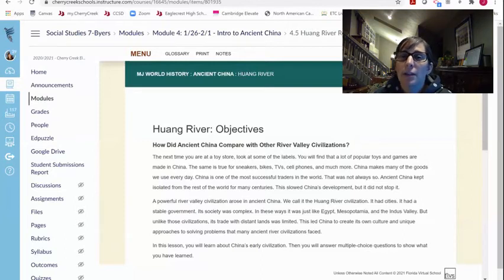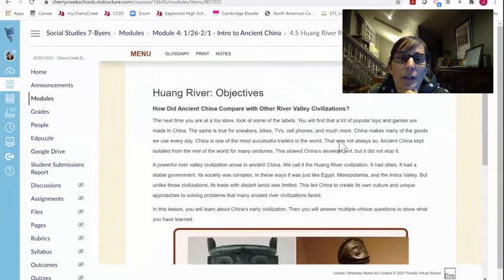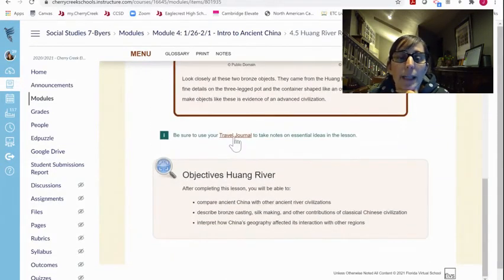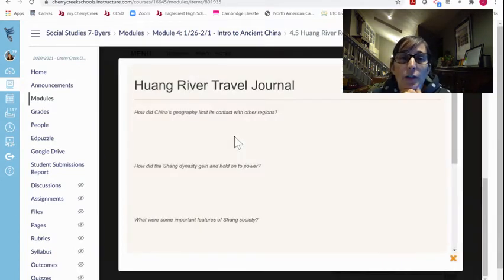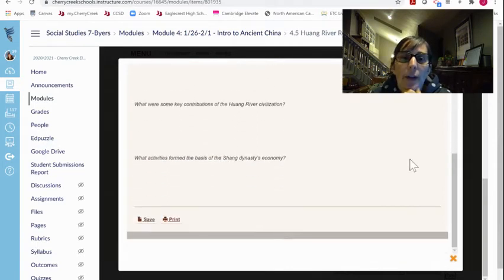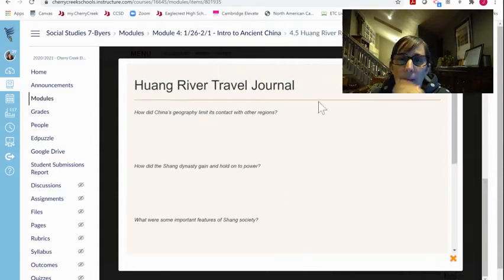So just consider that you're getting into a textbook and you're really just turning the pages. It's just within Canvas. So first thing that you'll want to do is just read as you scroll down. I really like this. It's a travel journal, but it's really a notes catcher for you as you read. And if you can answer these questions that are in the notes catcher or in the travel journal, then you've understood pretty well what the text is trying to get across to you.